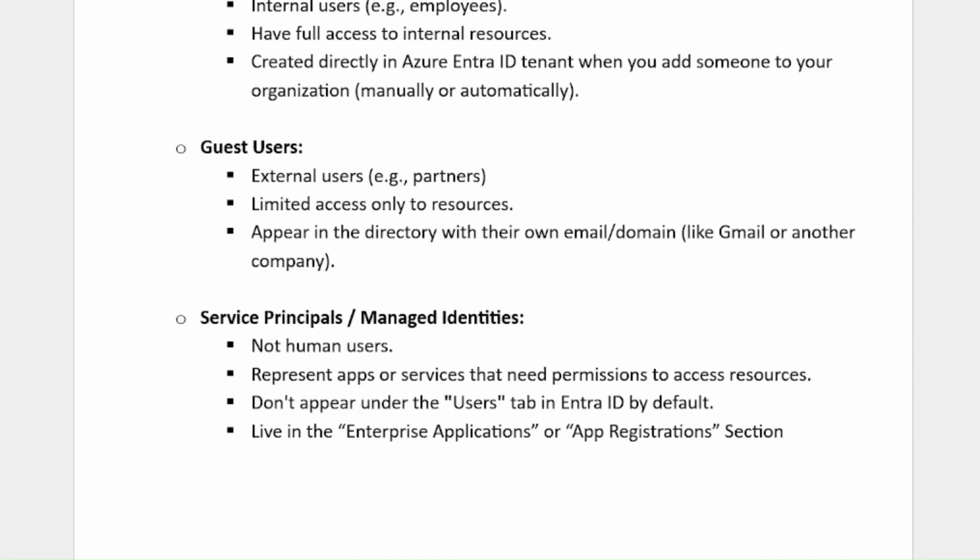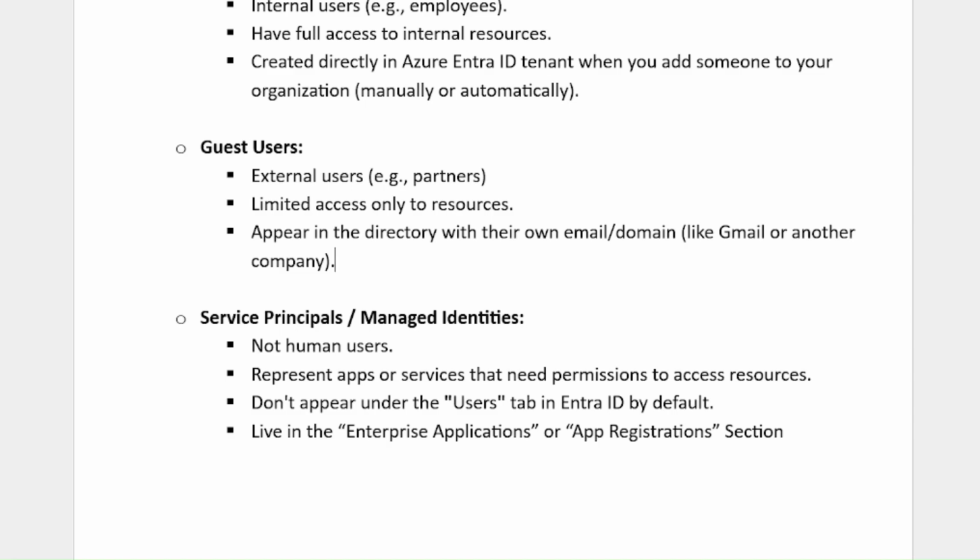And generally we don't give a new email ID to the guest user, just like we provide to our member users. Guest users are invited using their own Gmail or domain address, and they also join with that particular email address. Maybe this is creating a little bit of confusion, but in the practical session I'll show you how this works and how they are invited through their own email address.